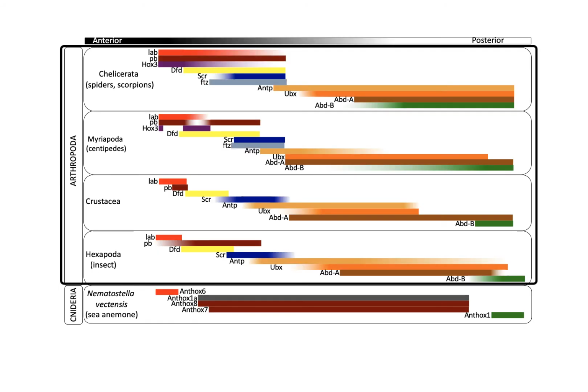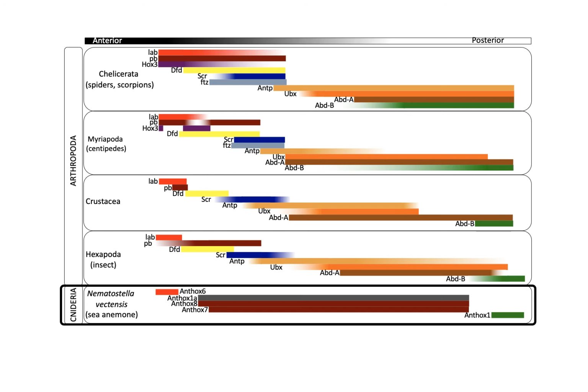And then here are the arthropods, where you're getting a fairly similar pattern all the way from spiders and scorpions to crustaceans to insects. A similar pattern in those because those are more closely related, although there are some differences. And those differences then you can see in the morphologies of those organisms. And then in a sea anemone, they have fewer Hox genes, and so there are fewer parts, and this is